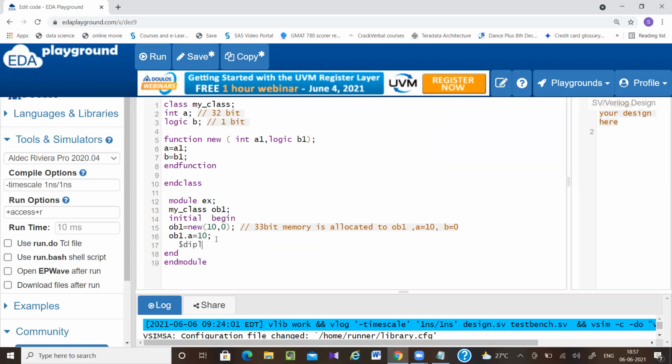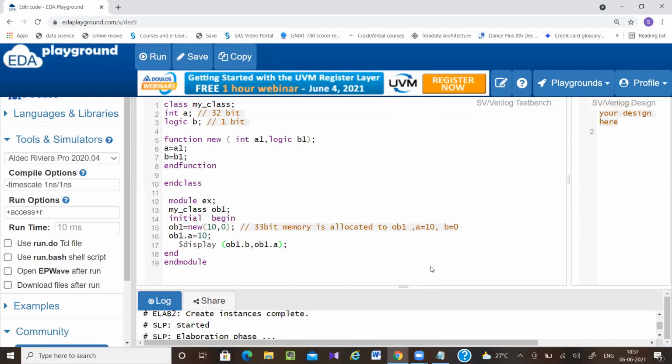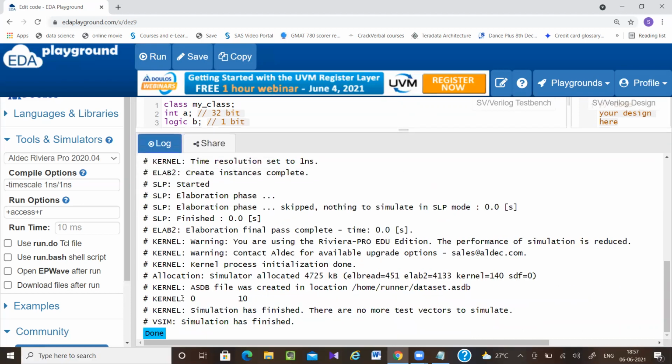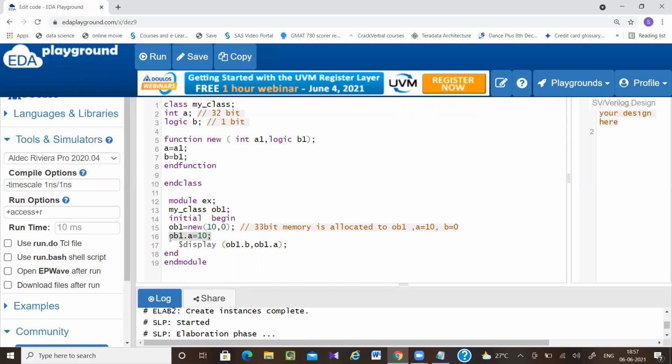I want to display these values: first the value of b, then the value of a. So object1.b, object1.a. Now you can see the b value is 0 and the a value is 10. Let me delete this line.